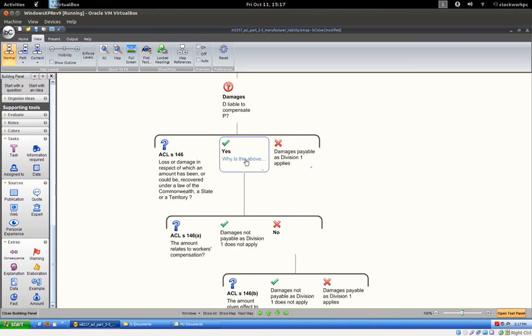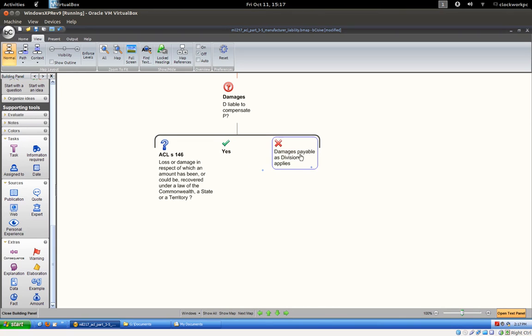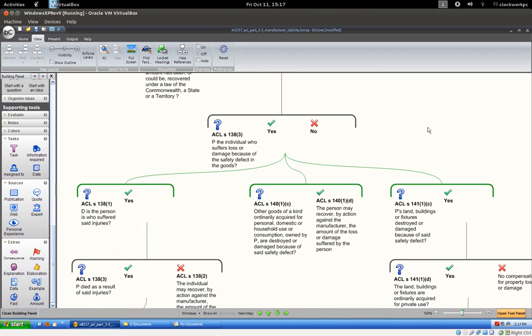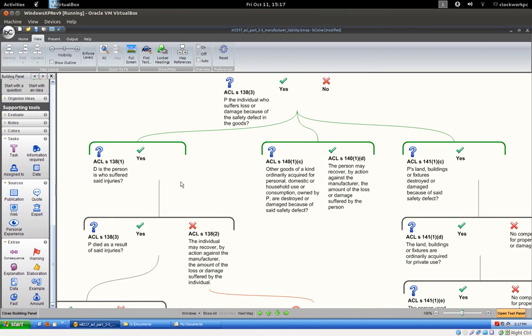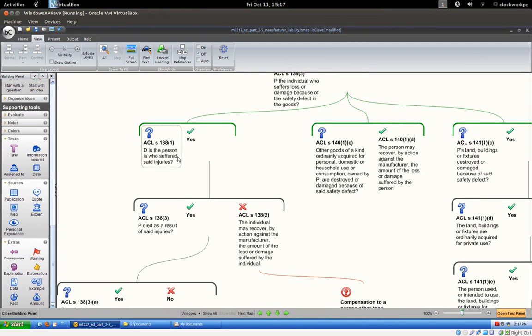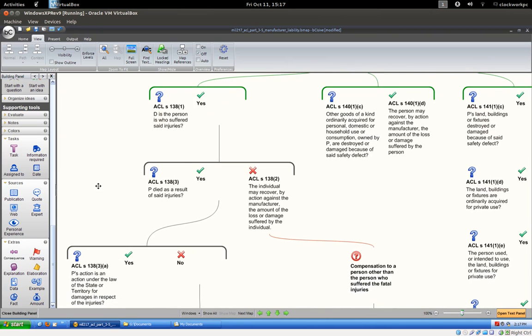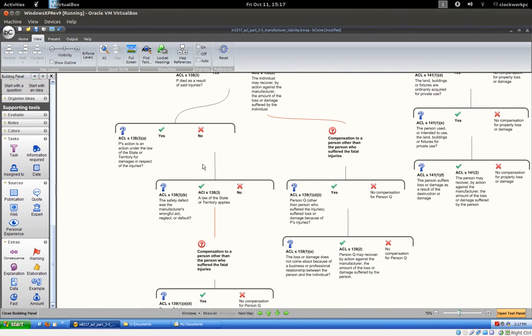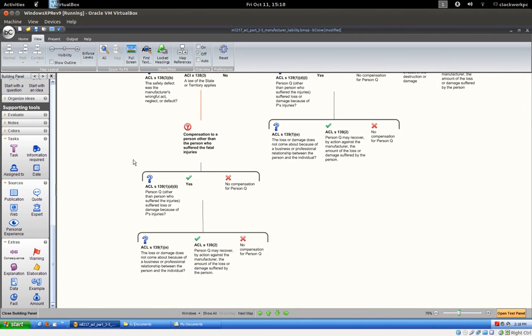If money isn't available from a workers' compensation scheme or an international agreement, then we're looking at the various kinds of claims that can be made. So the first one is whether, as in 138, the person has suffered injuries. If the person died as a result of the injuries, then basically state law, or the law of the state or the territory, takes over. And another interesting twist is that if a person suffers loss or damage because the injured person dies, we're talking about two people here. Let's say P is the person who suffers the injuries and dies, and Q is someone who's closely related to P. Then if Q suffers loss or damage because of P's death,